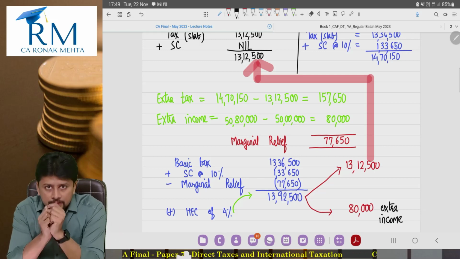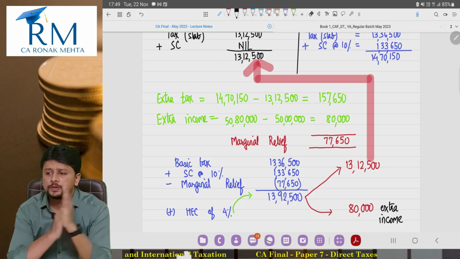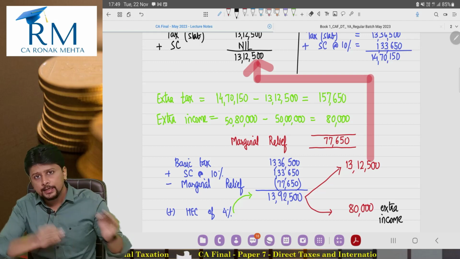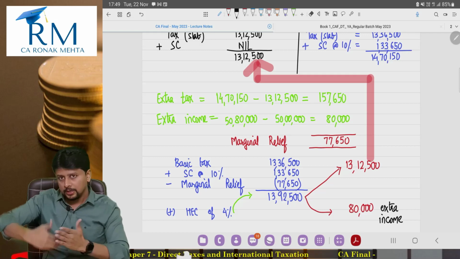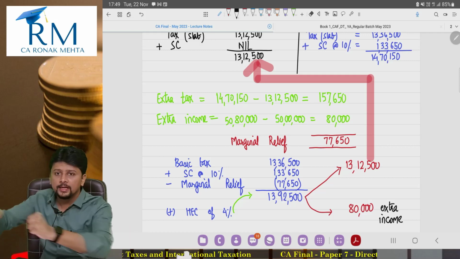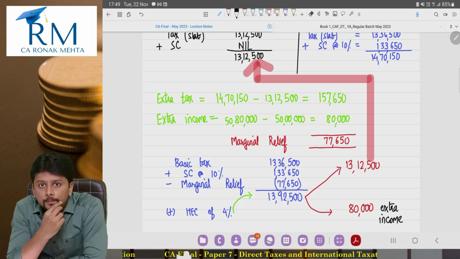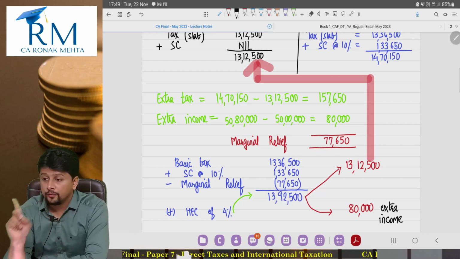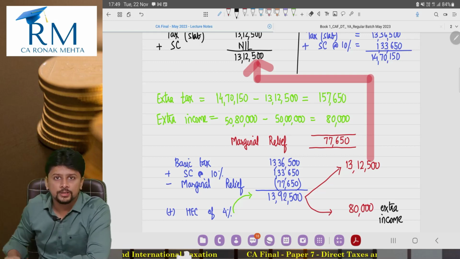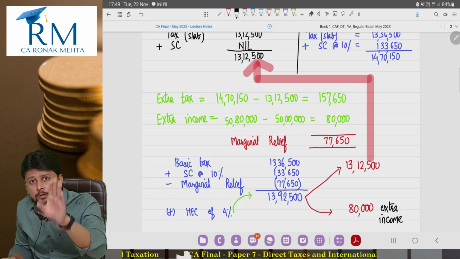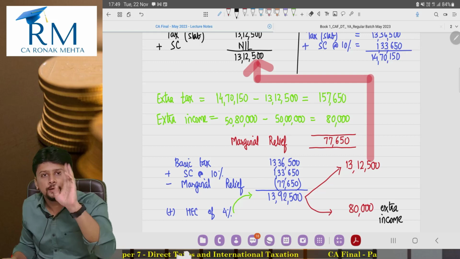If you understood this, then the doubt that comes in the mind of a student is, sir, that means 80,000 rupees is fully being paid to the government. The income that I am earning above 50 lakhs, I am fully paying that to the government. So that is 100%. That is a wrong way to think, beta. Yes, you are paying 80,000 fully to the government, but if you carefully think about these numbers, even before marginal relief, you were still paying that 80,000 rupees to the government fully.